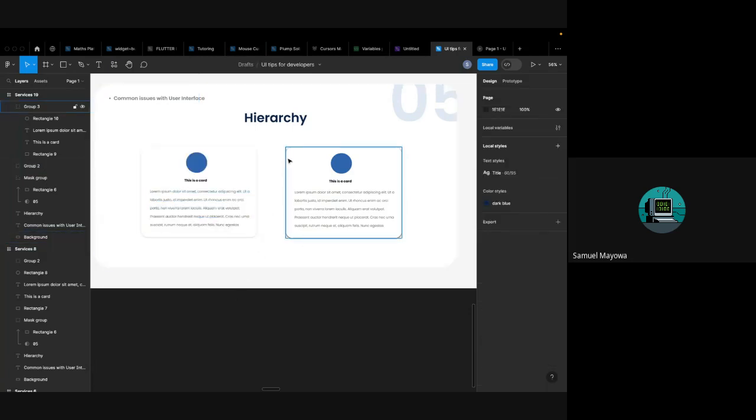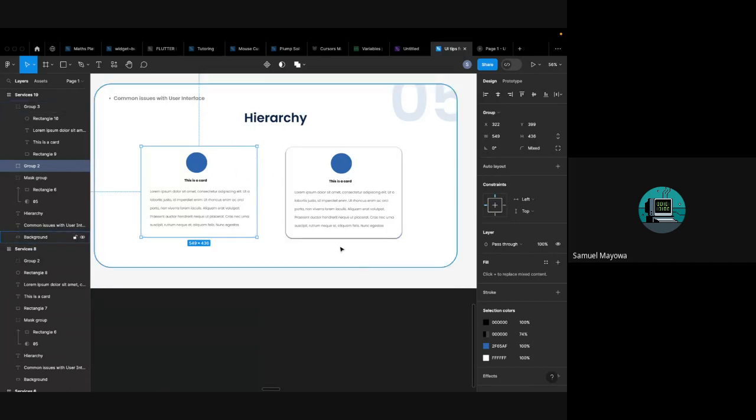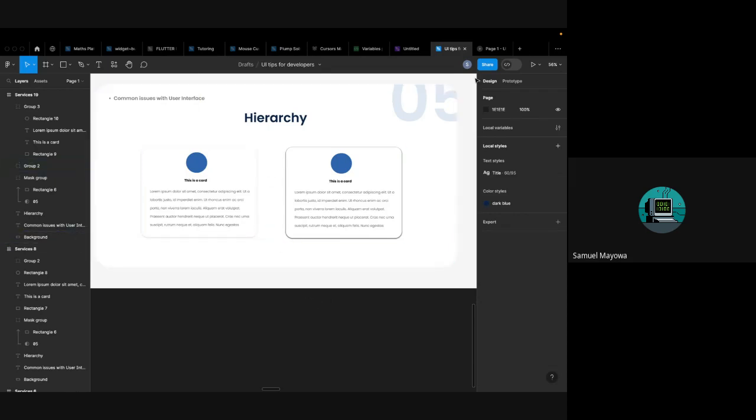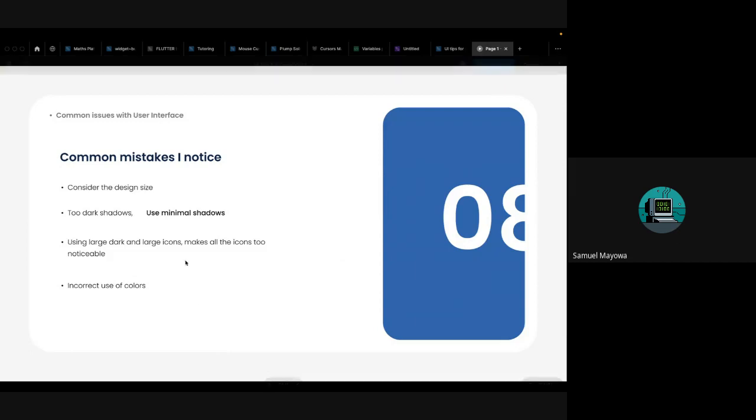Most developers don't really consider the shadow. That's why I said you need to know good UI from bad UI. You can just keep decreasing the darkness or opacity of this shadow so it looks very, very light. So everything needs to be subtle in your application. So going to the next one,